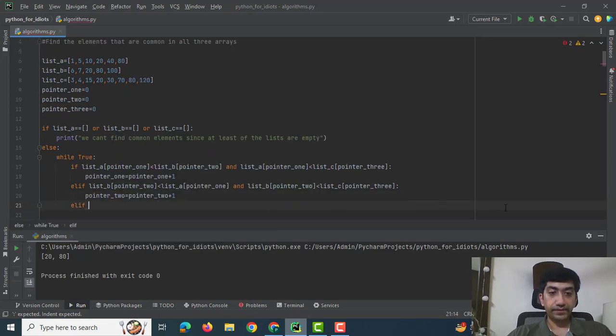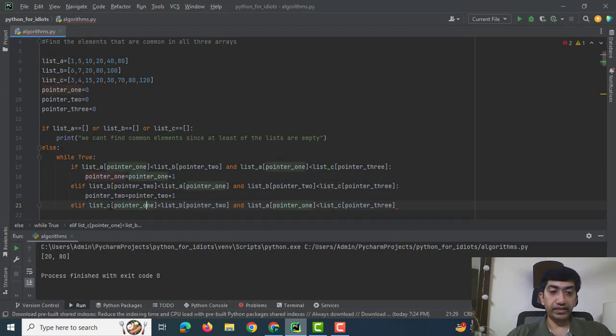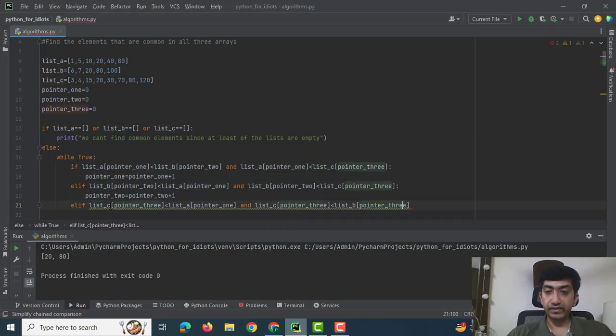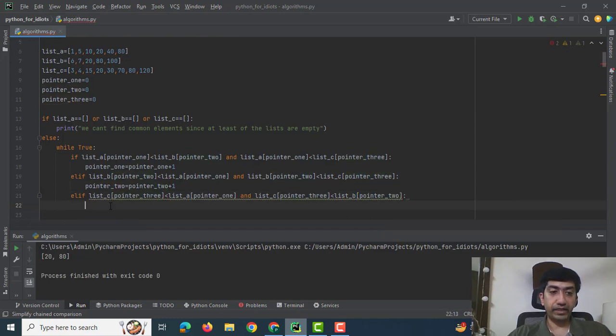Elif, if the value of list C at a particular index is lesser than the value of list A at a particular index, and the value of list C at a particular index is lesser than the value of list B at a particular index, then I would increment pointer 3 by 1 point.